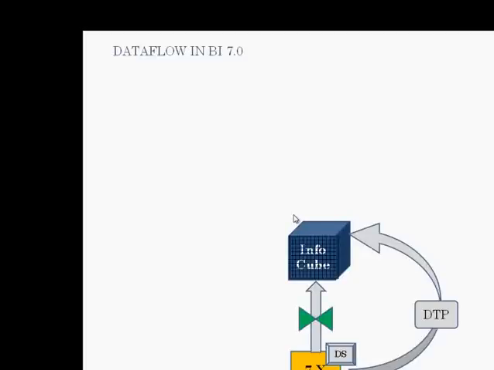And in the 7.0 version, for example, you have a data source. You don't need to create an InfoSource between the data source and the InfoCube. It is not mandatory. Of course, you can create that. Most of the clients would prefer keeping the InfoSource for structural changes. You can filter the data further if you keep the InfoSource and load it to the InfoCube. So you have to create a transformation, and you have to create a DTP to load the data from source to target. So that is the typical